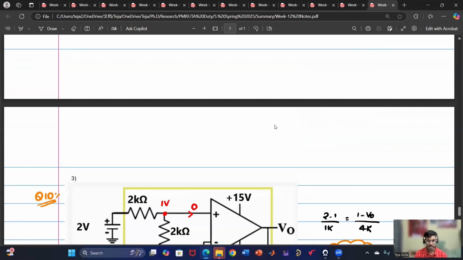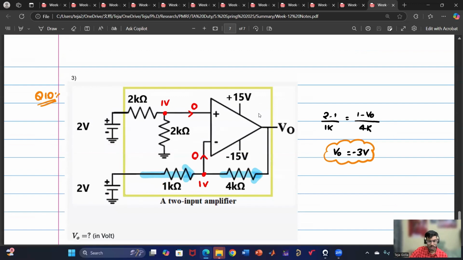Sir, can we assume at a 0 volt node the current is leaving? For any question, if a node has 0 volts, can we assume current is leaving for writing a KCL equation? Yes. See, if no convention is mentioned in the question, you are free to choose your own